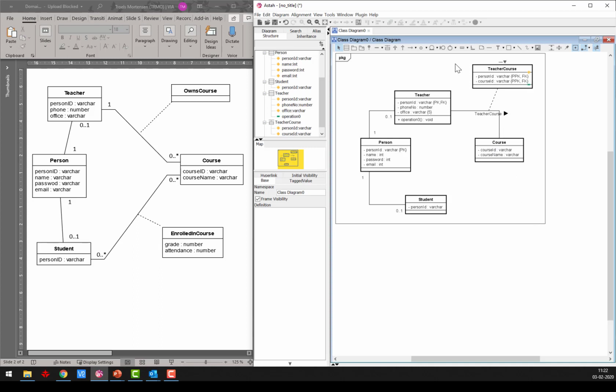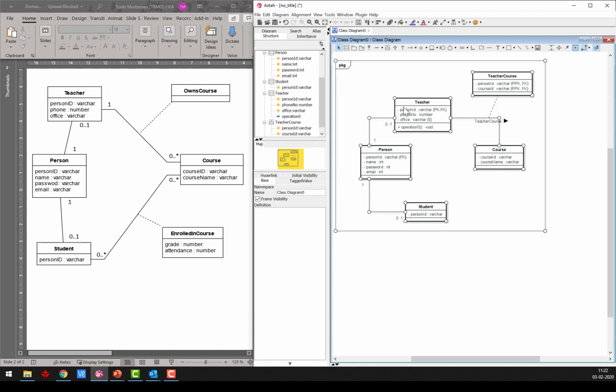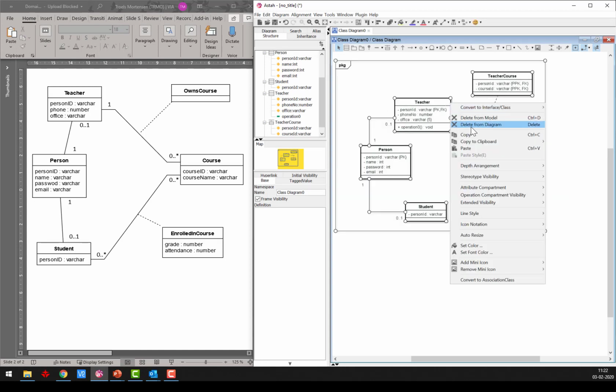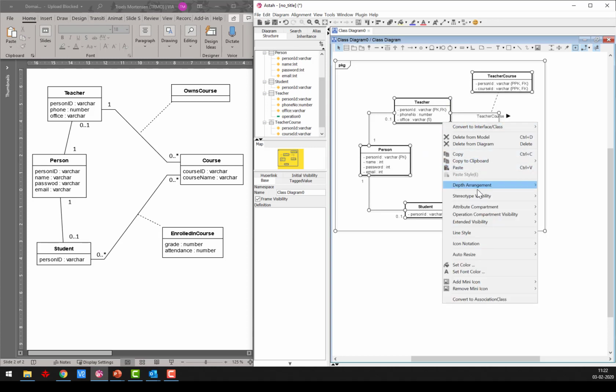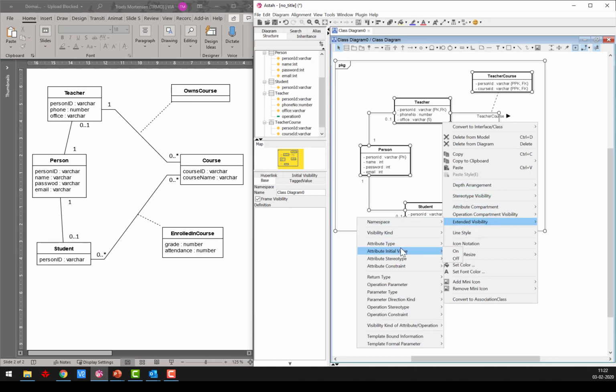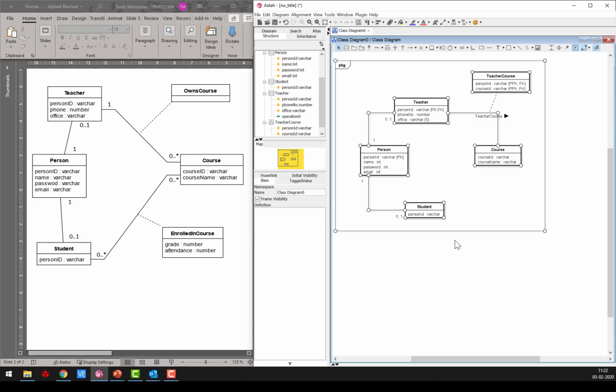All right, so I have a bunch of extra information that I don't want in my diagram. For example, the accessor here, there's no private or public in databases. I don't have any operations. I don't want these. So let's just hide them. I mark everything. I right click my diagram, and we say operation compartment visibility off. So now all the methods are removed, and I also want to go extended visibility attribute visibility kind off. All right, so this looks more like a database diagram,